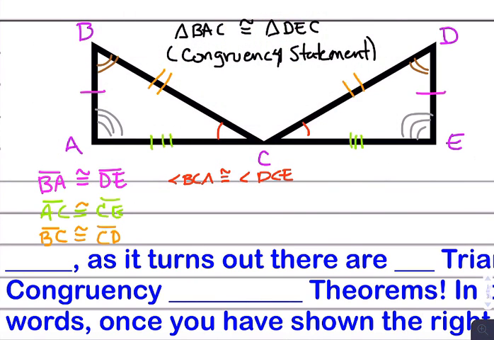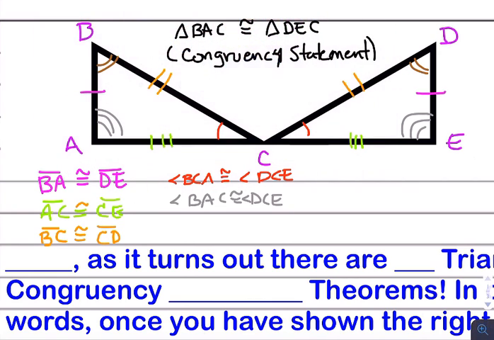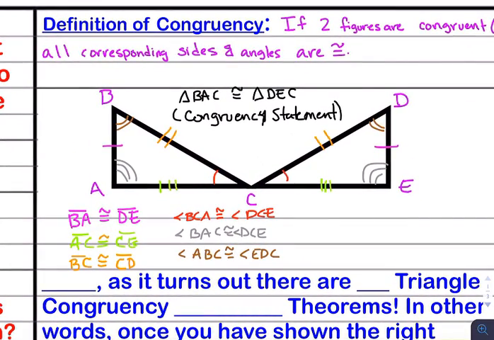The ones in the corners, we have angle BAC congruent to angle DCE. Remember that three-letter convention, the middle one has to be the vertex. And then we have angle ABC congruent to angle EDC. Now, if that started to get very tedious, that's important to note